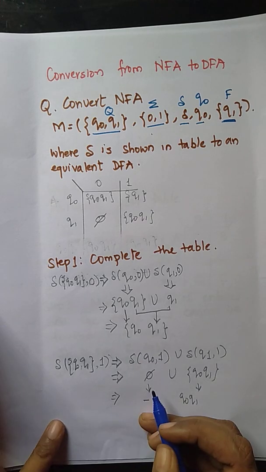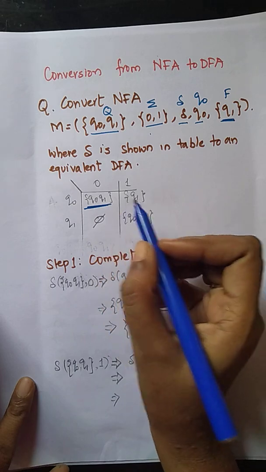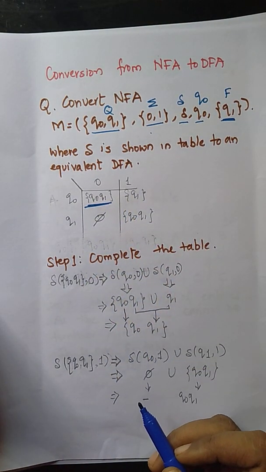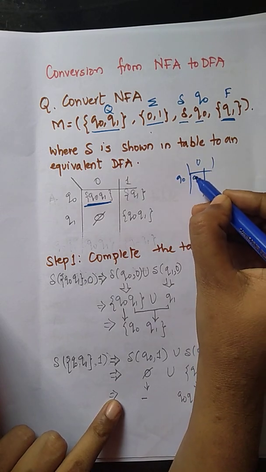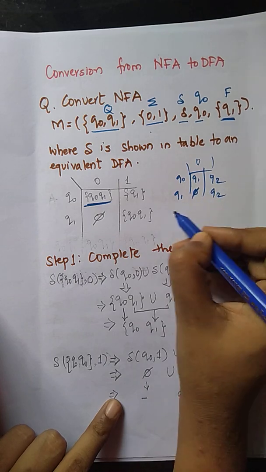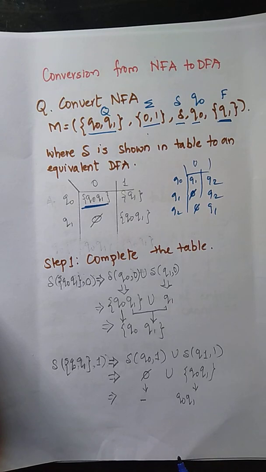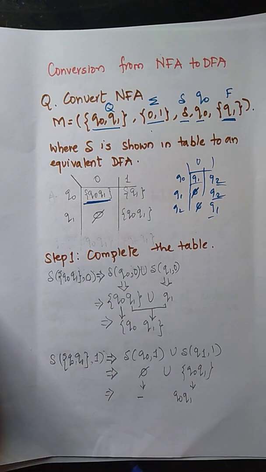Now how will we determine whether this is a table of NFA or DFA? From the table entries, as it consists of multiple states. In case of DFA, we cannot have multiple entries. For example, for Q0 we can have Q1, Q2, Q1, or null, Q2, and Q2, or null and Q1. So in a DFA we are not going to find multiple entries, we are only going to find single entries in each cell of the table.